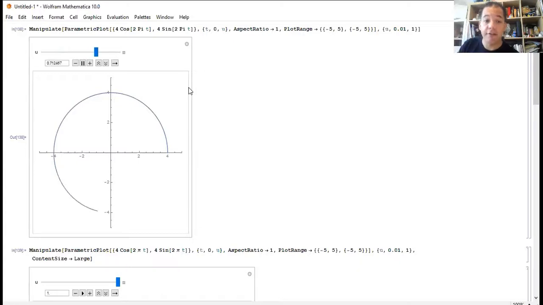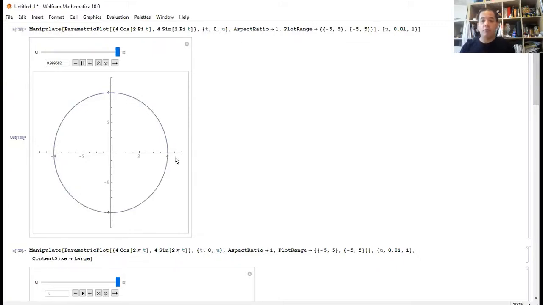So it starts at 0, and as the parameter goes, the range of the parameter increases all the way to 1, we keep drawing the curve, like you can see here, right? We draw the curve, going along. T is increasing. You can see the T over here. I called it U, but it's the same thing. It goes from 0 to 1, and when we do that, we actually seem to be drawing a circle.